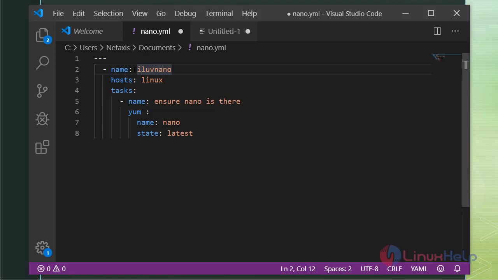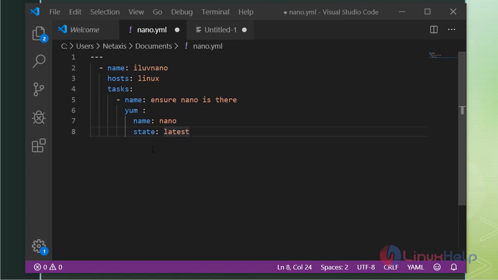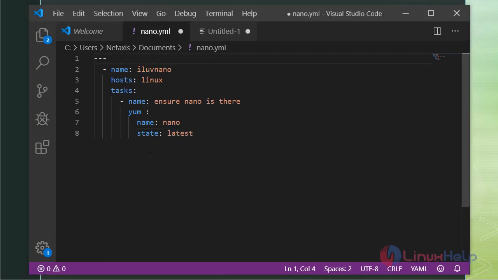A playbook starts with the YAML three dots. If you see here, these are the YAML three dots. Every playbook starts with these three dots. And you can see the file type is .yml. And here in the playbook you can see the awesome spacing and the way the code is organized. That is why we can say that Ansible is a very human readable language. So the whole file here is the Ansible playbook.